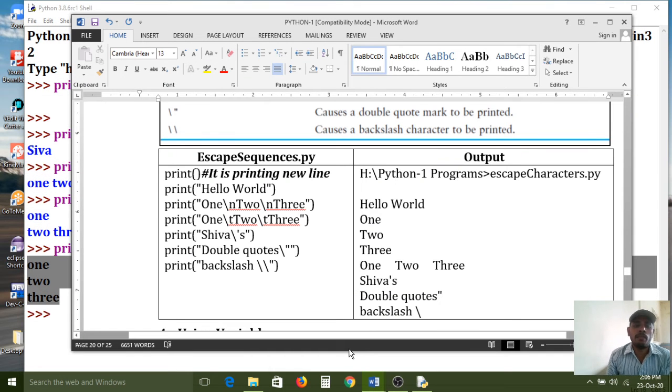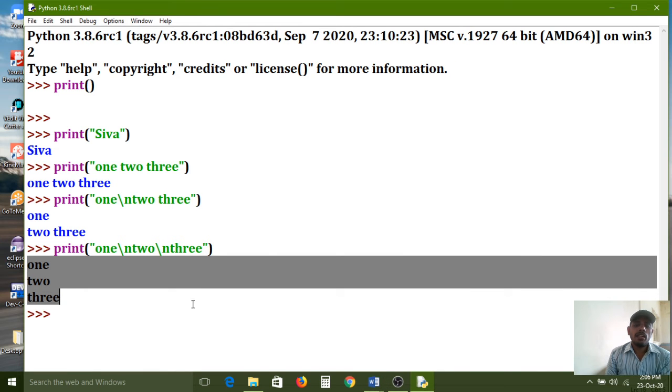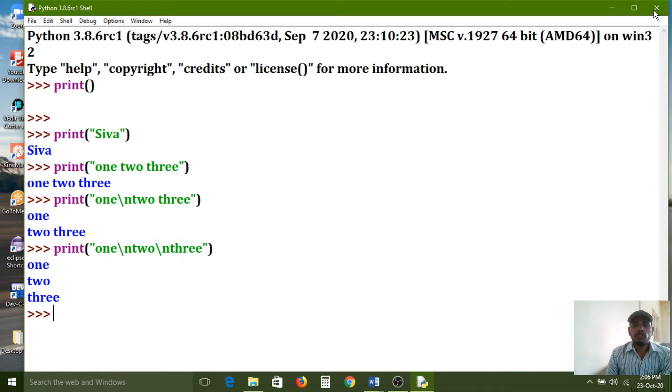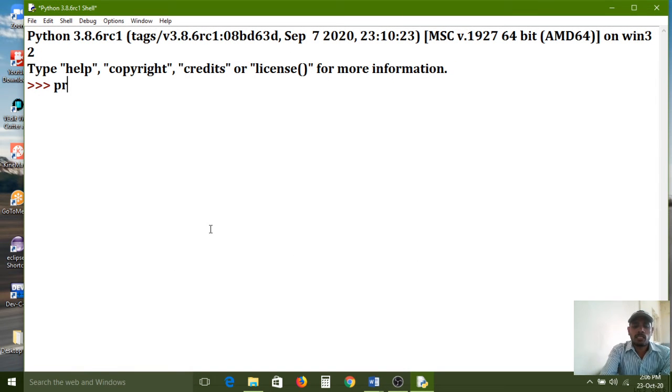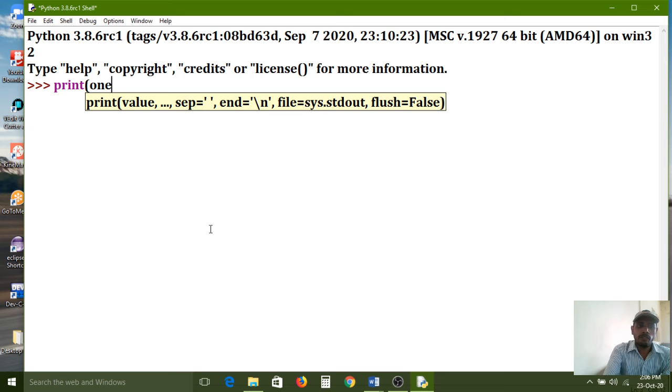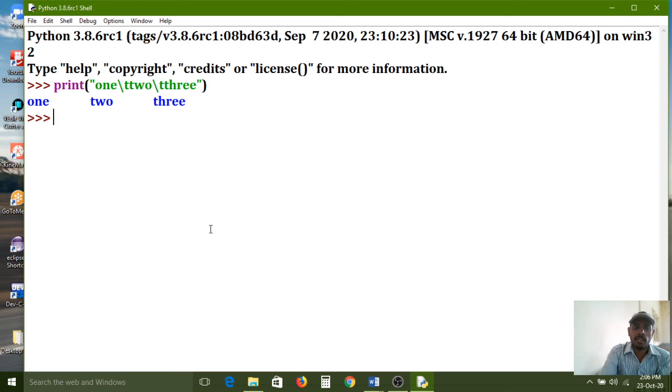If you want to print the same line into multiple lines, if you want to break, compulsory we need to use the \n character. And I want to print one tab space. Print, in between double quotes I need to configure everything if you want to print. So here I use double quotes. So 1\t 2\t 3, not required at last because we have 3 words. 2 \t characters are enough. All of you carefully observe what we got as the output here.